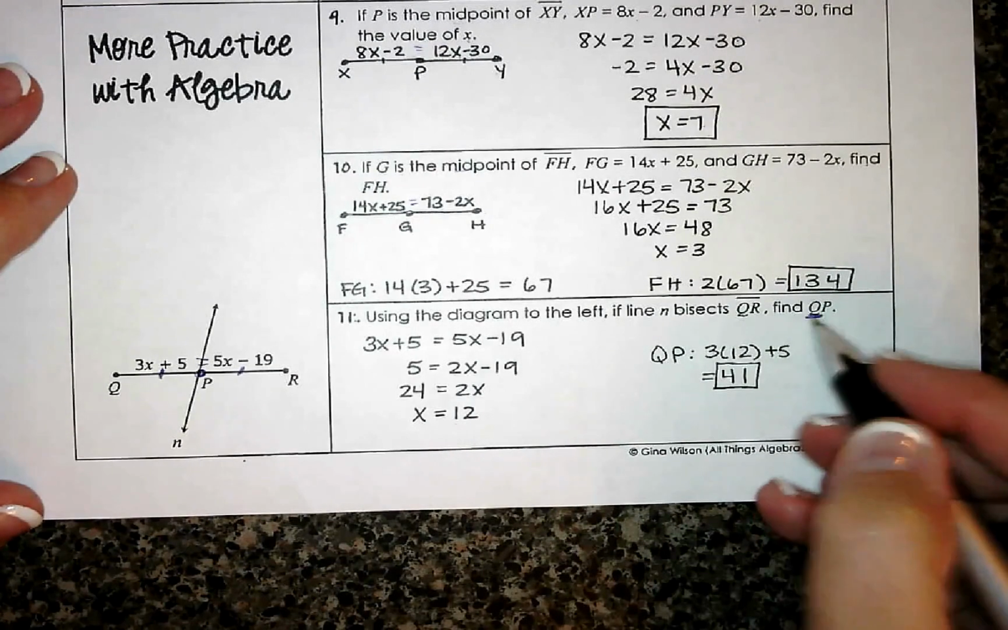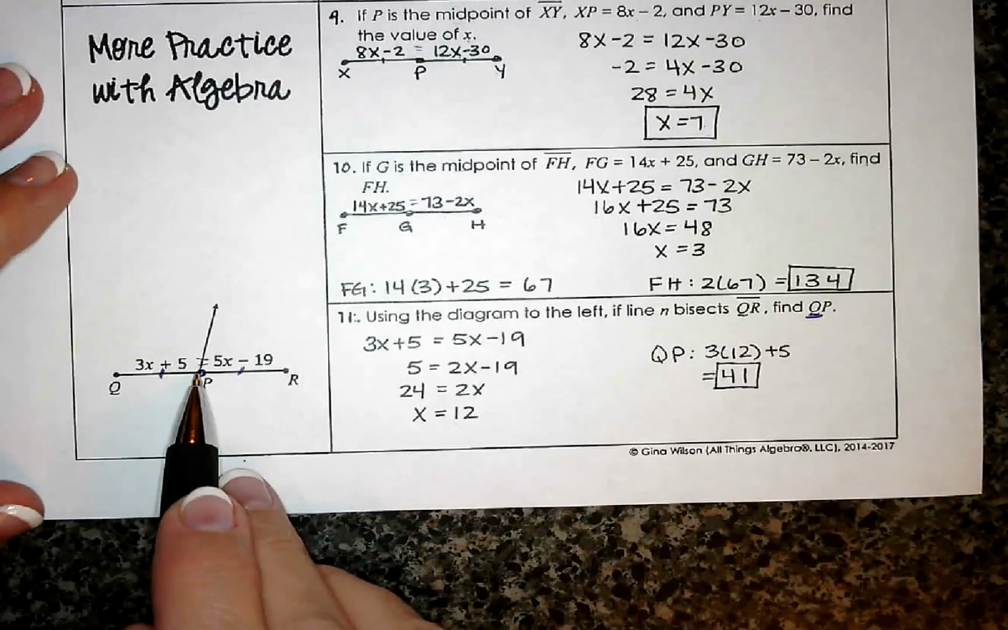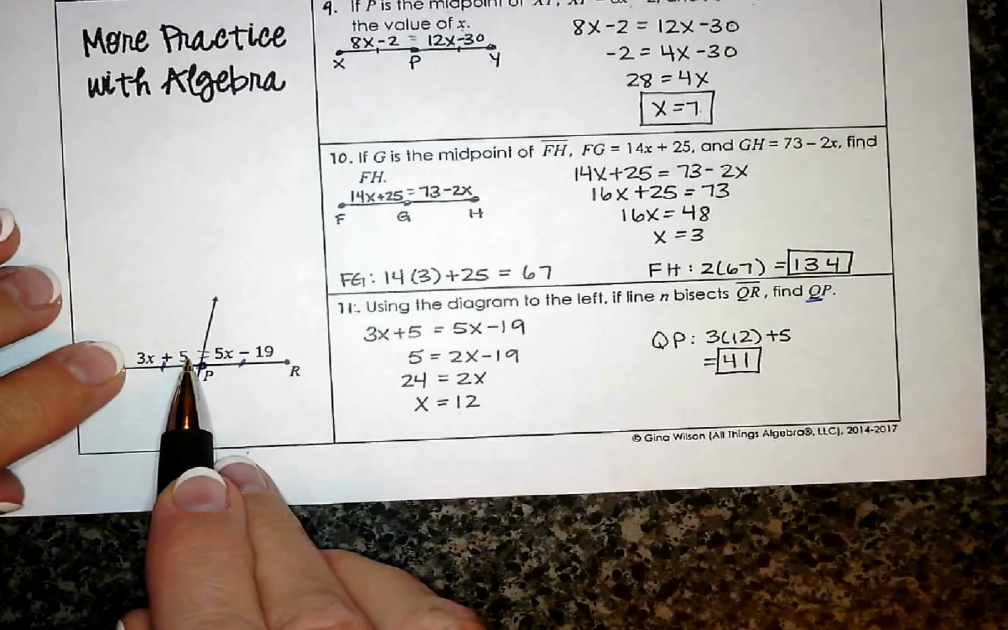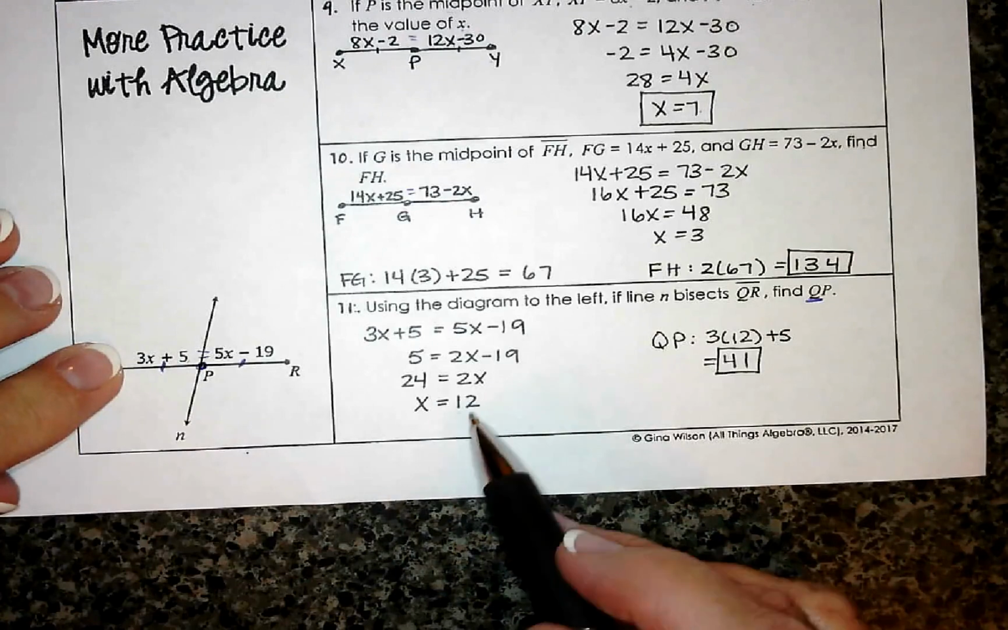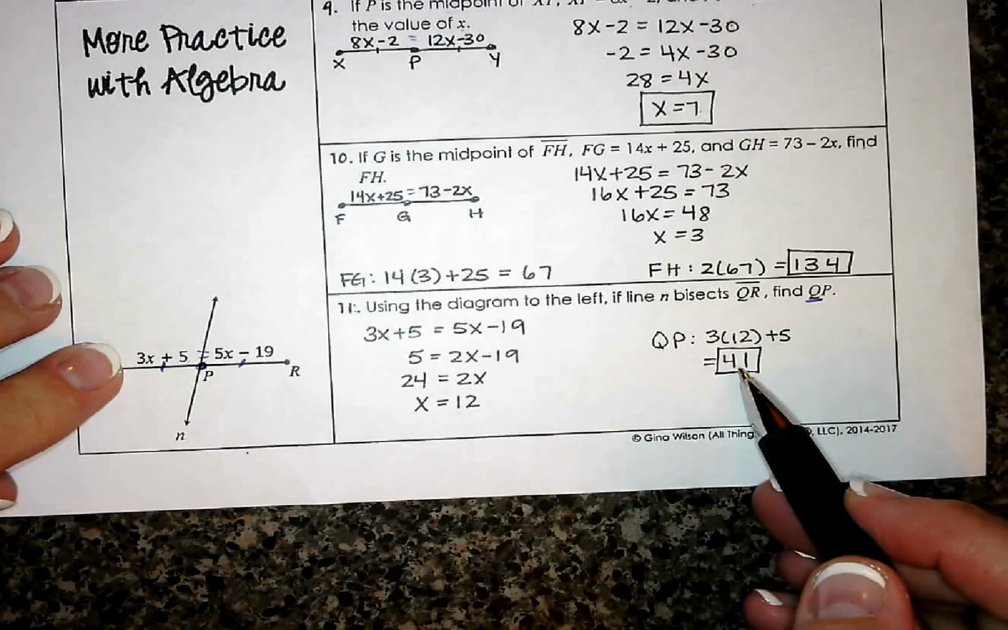QP, look on your picture, Q to P is the expression 3x plus 5. Plug in x, you get 41. If you have any questions,